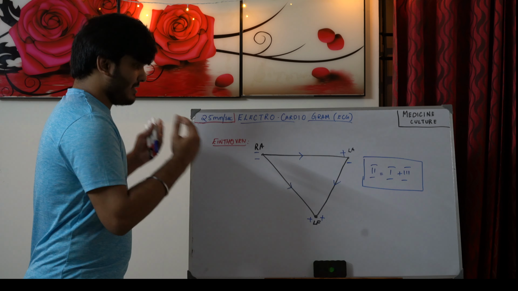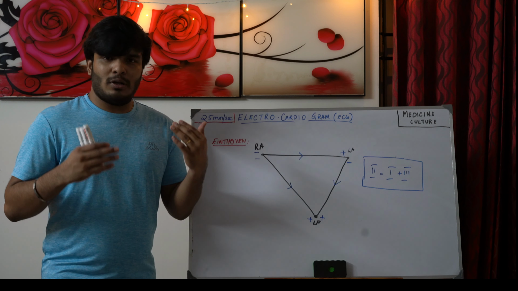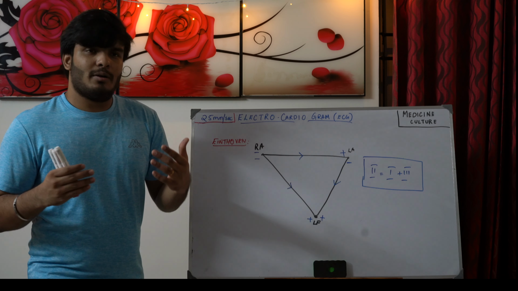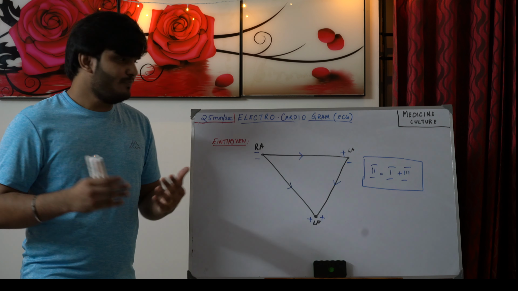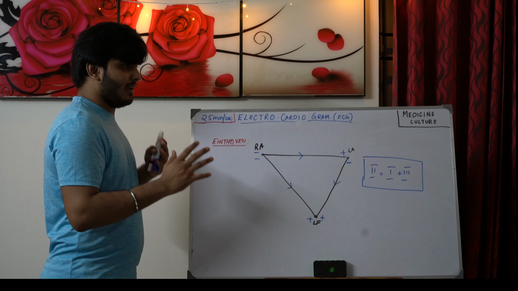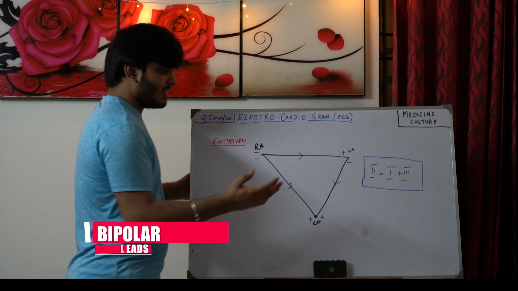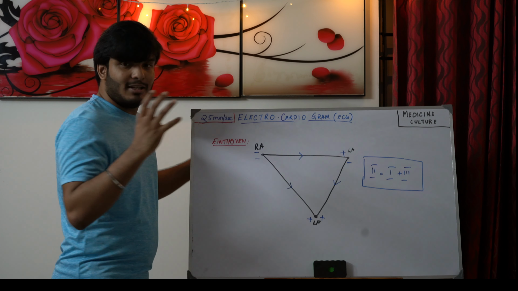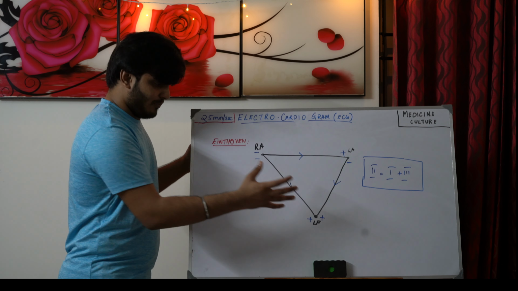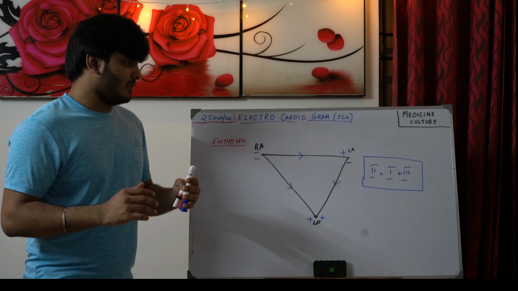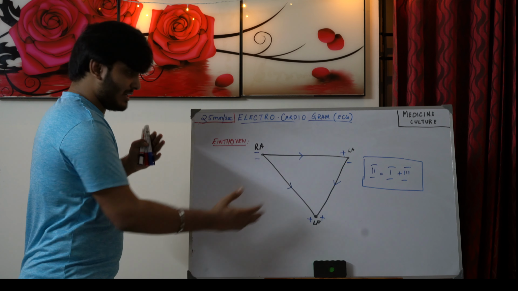So let's look at Einthoven's triangle right now. What basically Einthoven did is that he took three bipolar leads. Before, we saw the definition of a lead: it's an electrode or a pair of electrodes. He placed three bipolar leads, one at the left arm, one at the right arm, one at the left foot, and he gave certain charges to these three points. Left arm, one is positive and one is negative; right arm, both are negative; left foot, both are positive.